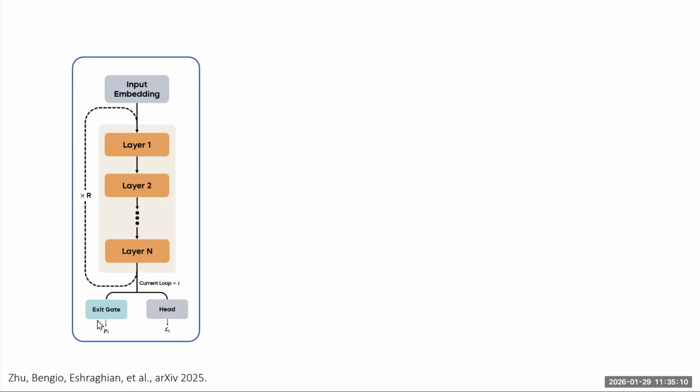But what we do, before we unembed this latent vector into a word, into a token, is pass it through an exit gate that says, am I happy with that? Or should I try again? If it's happy, then yeah, you go through the head and you go to the next token. But if the exit gate says, hold up, I'm not confident about your answer, then it's going to loop that back around until the exit gate is satisfied with the output result.